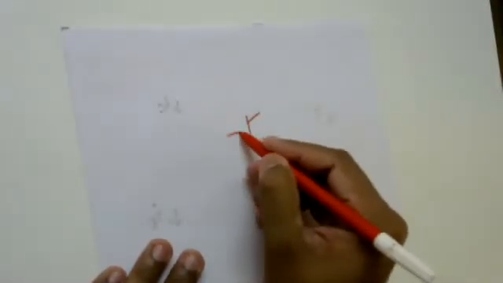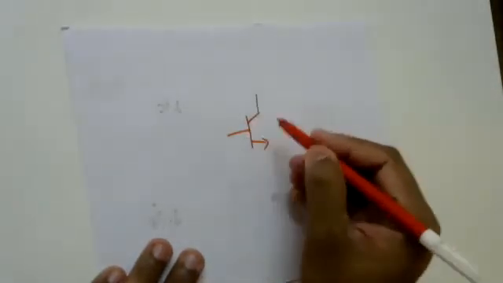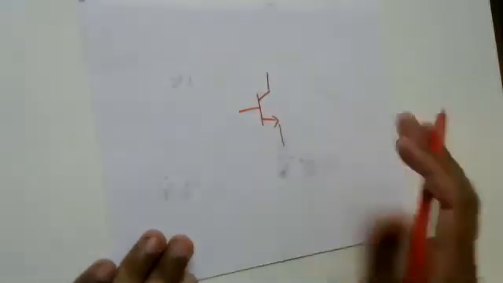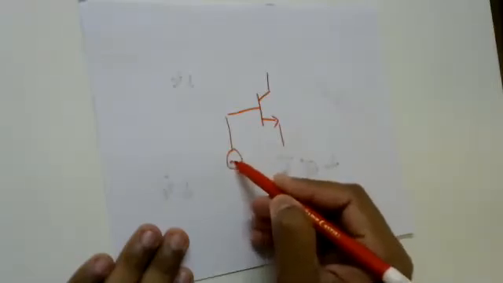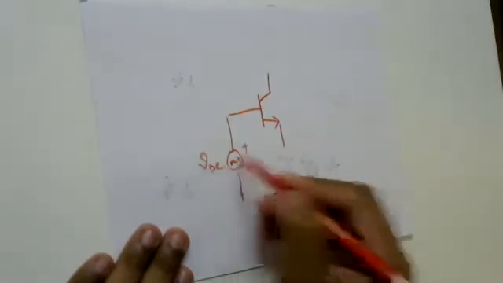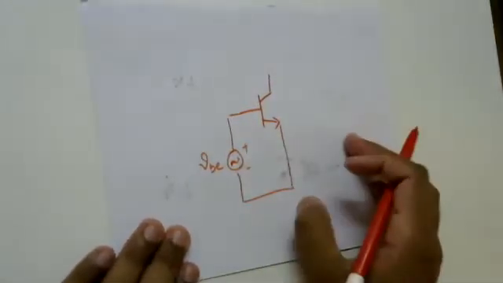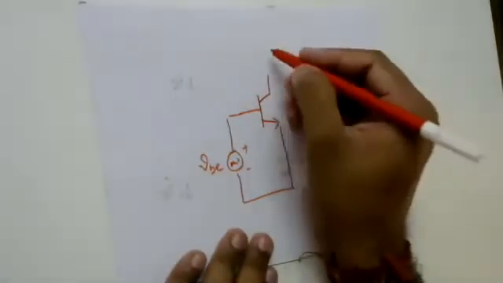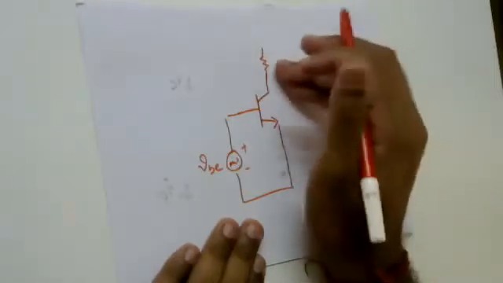Let me say this is my transistor, wherein this is the base, the collector, and the emitter. Now I'll be having my input signal between the base and emitter, which is a pure AC signal. So this is positive, this is negative, this is VBE. The emitter has been grounded. Then next comes a resistance via which I'll be having the ground. So remember, this is an AC circuit.